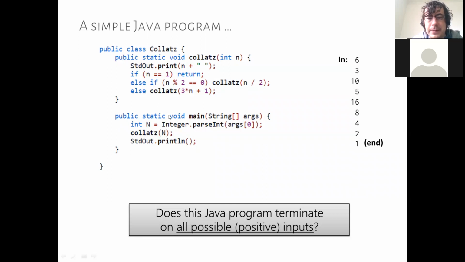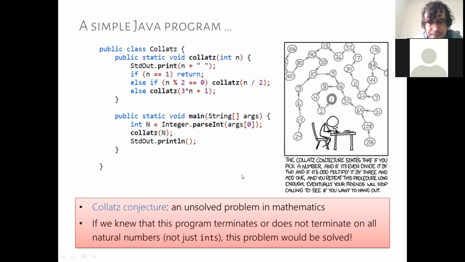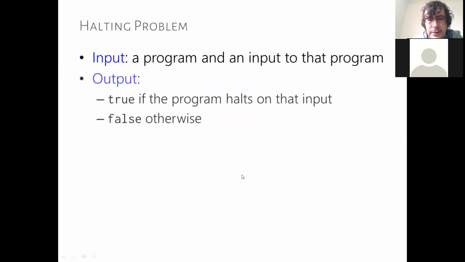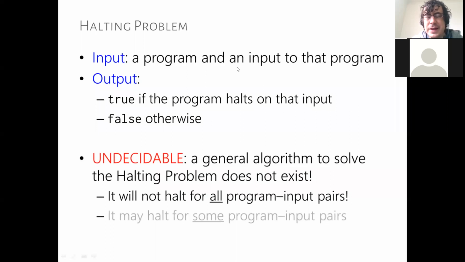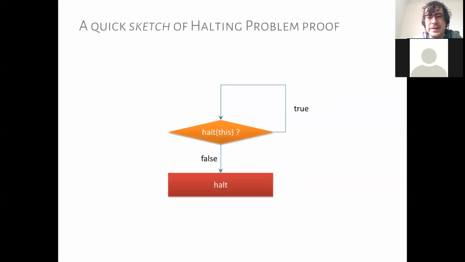It's a very difficult problem in mathematics, and people think we're nowhere close to being able to answer this with modern mathematics. So then, of course, if we had a solution to the halting problem, basically saying whether or not any program will terminate on any valid input for that program, we could somehow resolve the COLLATZ conjecture, right? We could actually just use the halting problem and say, does this program here terminate?